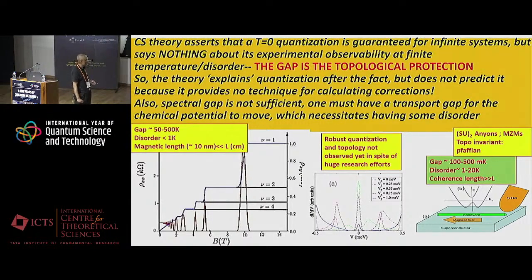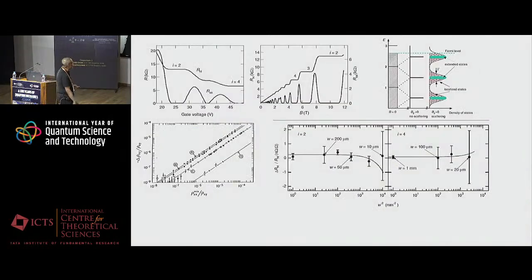It has not been seen. Why? Because the gaps are very small. Gaps are of the order of 100 millikelvin. So seeing it is very, very difficult. This prediction is as pristine as the prediction of the quantum Hall effect. It's the same kind of field theory, some kind of topological quantum field theory. So the predictions are identical, but here seeing it is very difficult because the gaps are small. If this happens, by the way, that will lead to a topological quantum computer. So, for example, the people who work on standards have experimentally measured the correction to